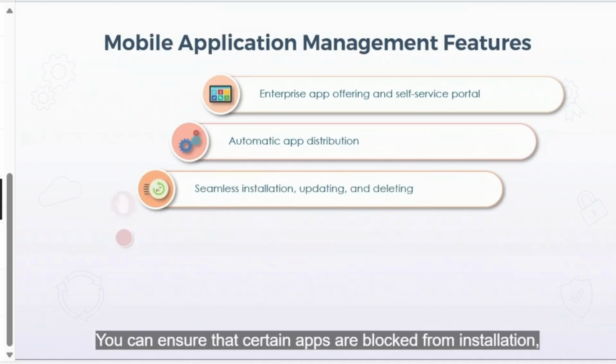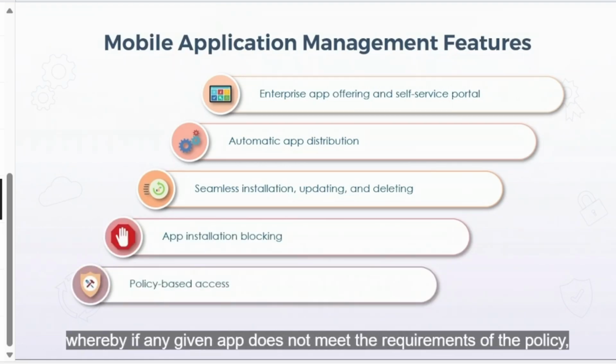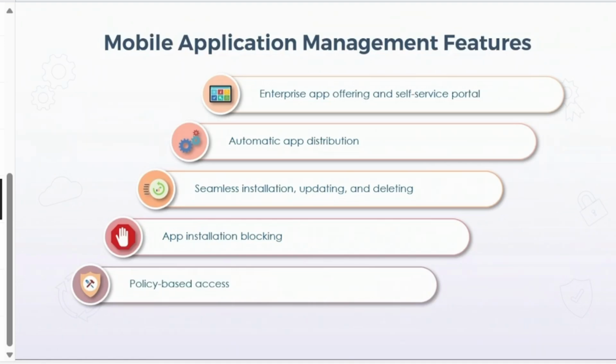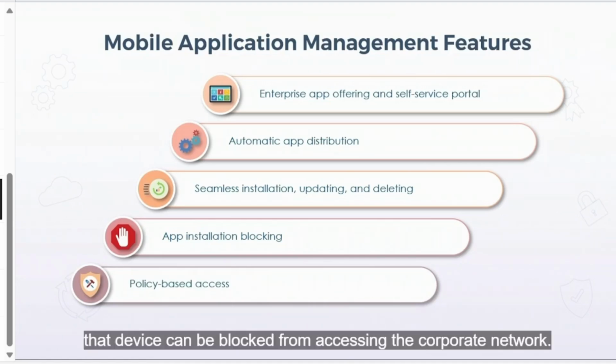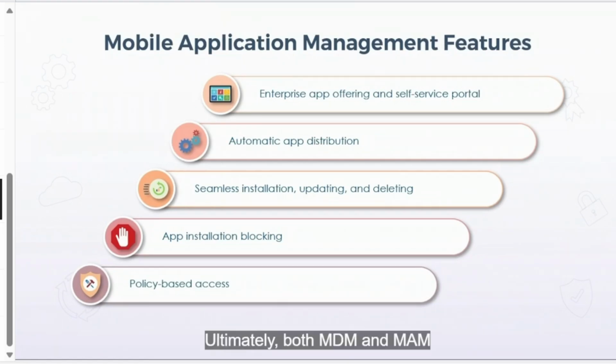You can ensure that certain apps are blocked from installation, and you can configure what's known as policy-based access, whereby if any given app does not meet the requirements of the policy, that device can be blocked from accessing the corporate network. Ultimately, both MDM and MAM give administrators a very high degree of control over the mobile devices that